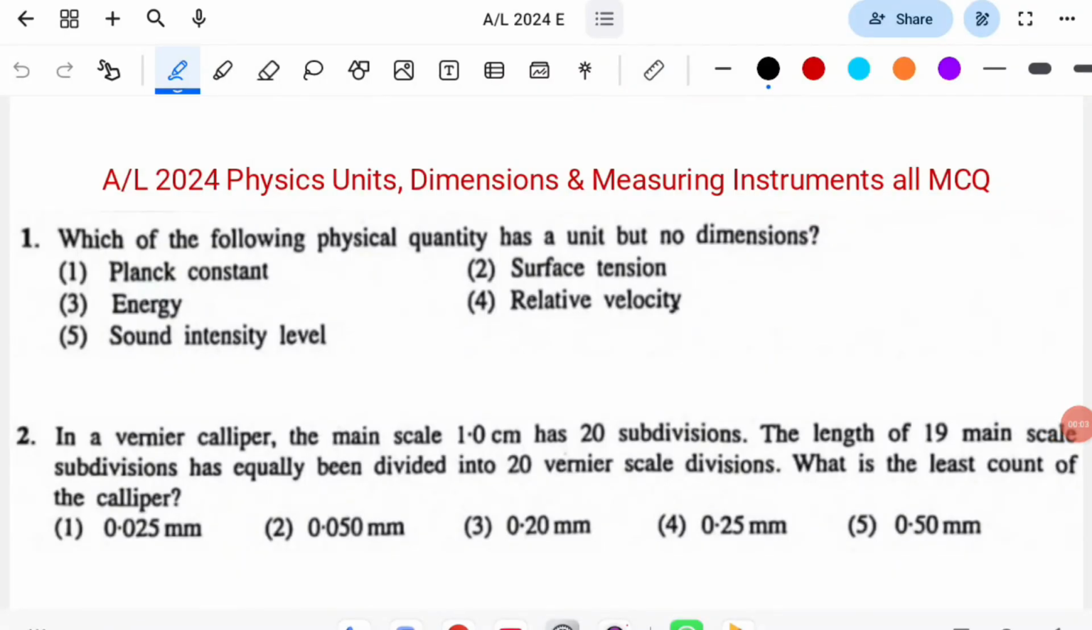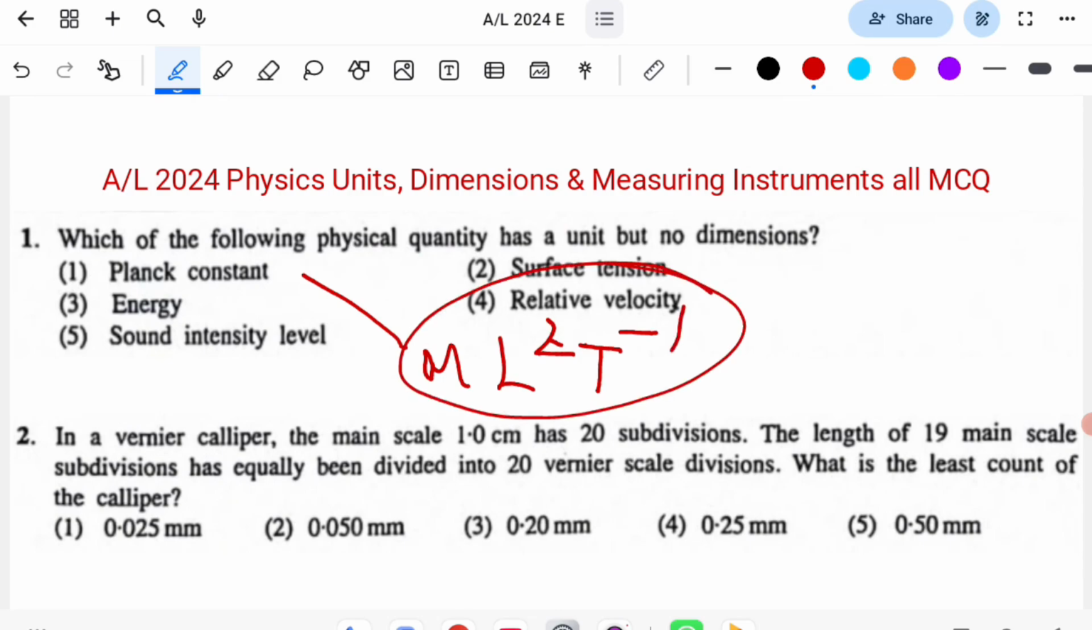Question number 1. Which of the following physical quantity has a unit but no dimension? First one, Planck's constant. We know that it has dimensions. Dimensions of Planck's constant are ML²T⁻¹. And we can use these dimensions to write